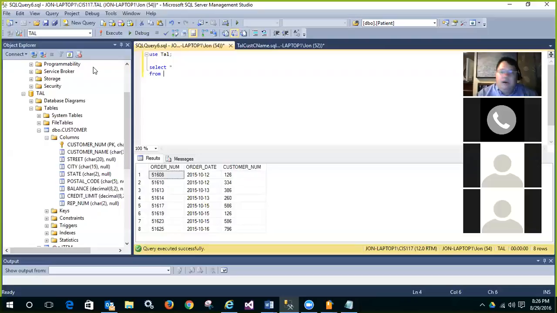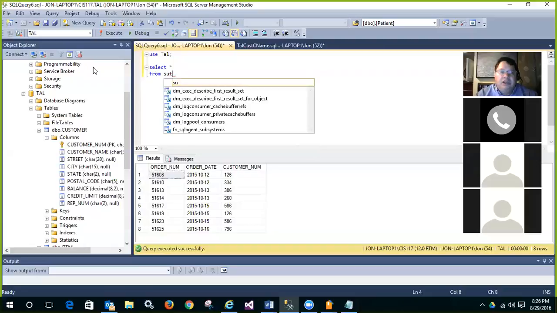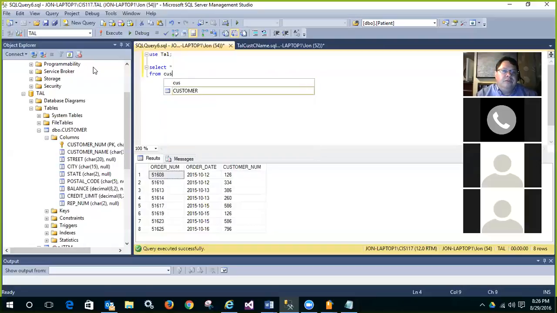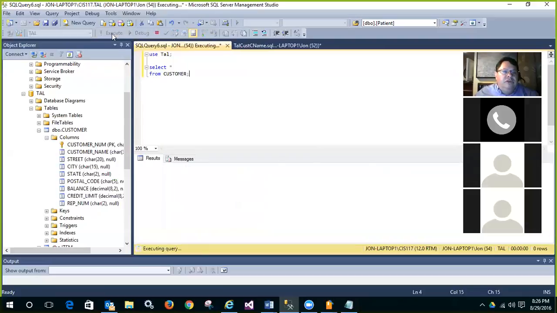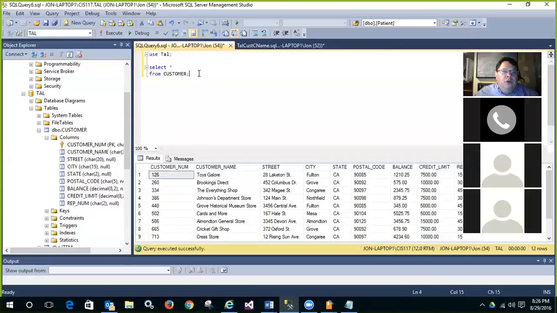So select star from, and we said this is going to be all the customers. So there's all the customers. But we don't want all the customers. Actually, we don't even want all of the columns from customers. We're only going to want the names of customers with credit limits of $10,000 or more. Let's put the $10,000 or more in here first. Where